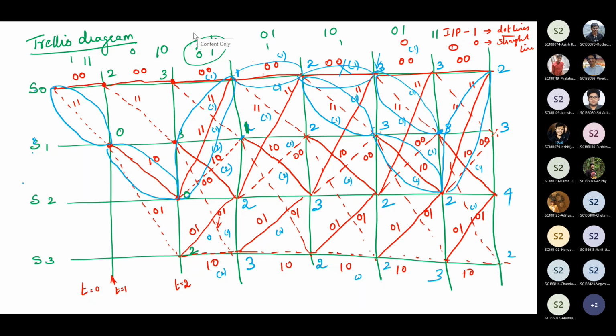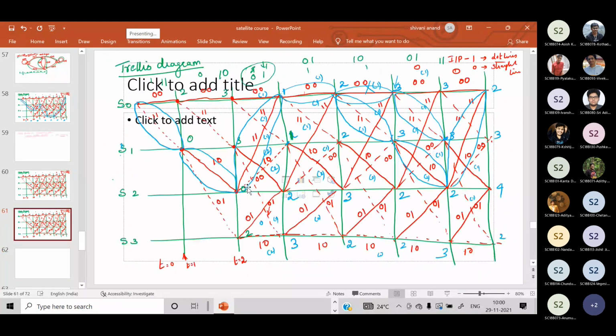Is this clear? Yes, ma'am. Okay, ma'am. Next class we will see how to find the error correction capability of this. For that you should know the Mason gain formula. If you know the procedure for finding the Mason gain from the state diagram, we can complete that part within 10 to 15 minutes. So please go through the Mason gain formula and come. We will complete it within 15 minutes in the next class.